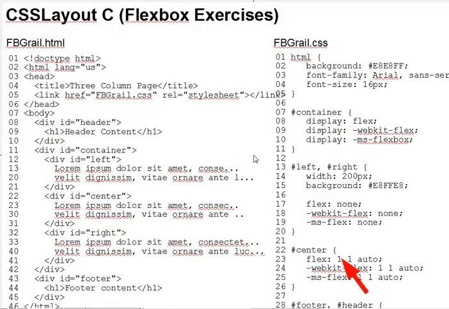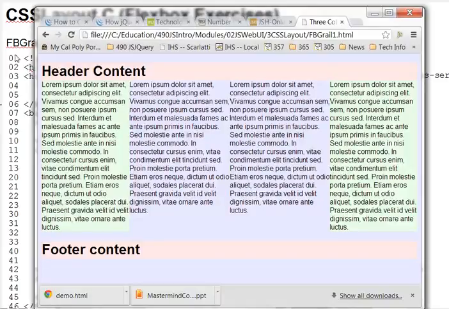Starting again from fbgrail.css and modifying only that file. In this case, you don't need to modify the HTML file. Rearrange the 3 columns so that left and right appear together at the left, and the center column, still the only one expanding or contracting, is to the right. And again, a quick demo of that. Here I have it